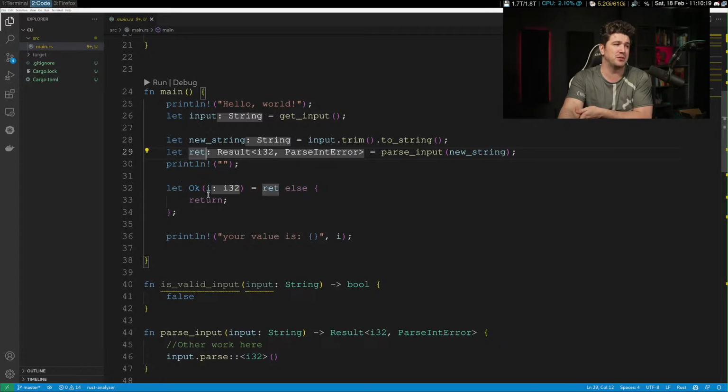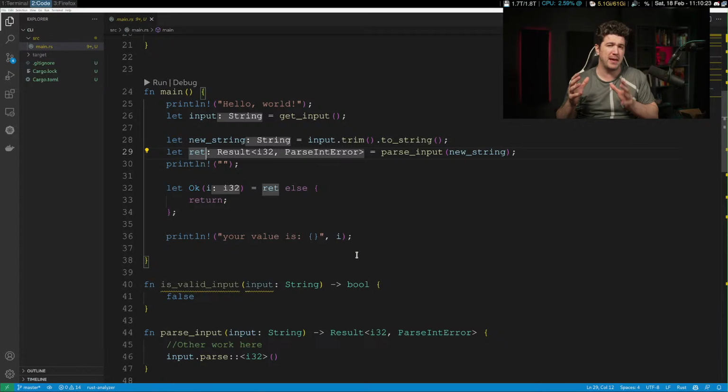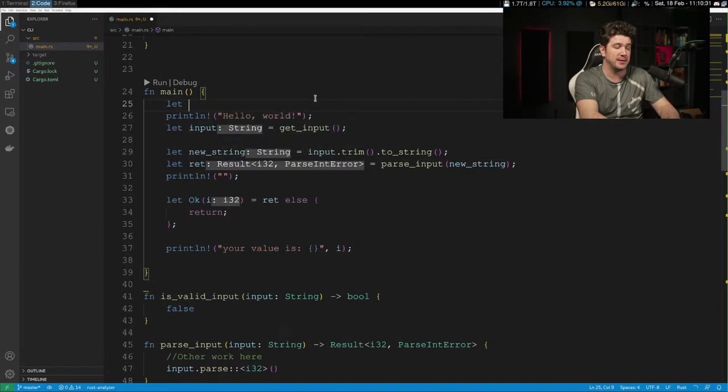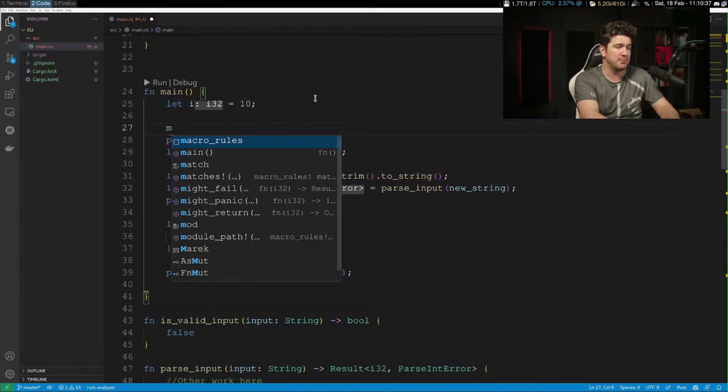So what I want to do is make last week's lesson way simpler, where we literally just say let i equal 10, and then let's match